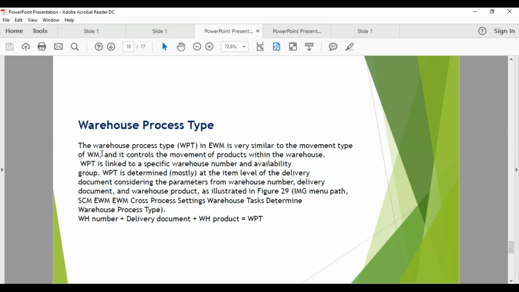In the centralized warehouse management level, we see that the IM level storage movement types are mapped to the WM level movement types, and then based on the movement type the system will determine most of the things. But it is not exactly the same, just a similar kind of thing, because the warehouse process type in extended warehouse management is not directly mapped to anything related to the IM level movements, but the system automatically will determine the